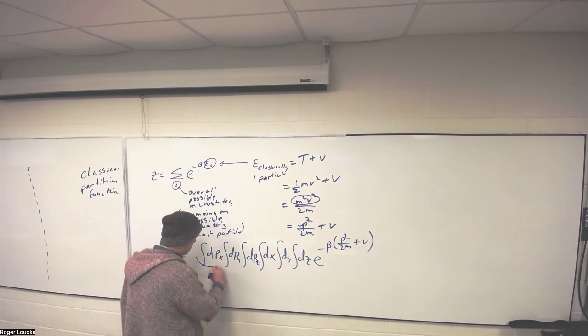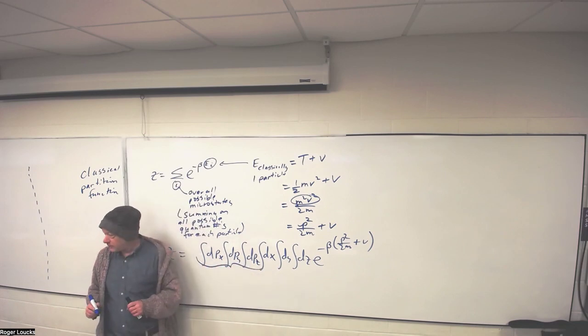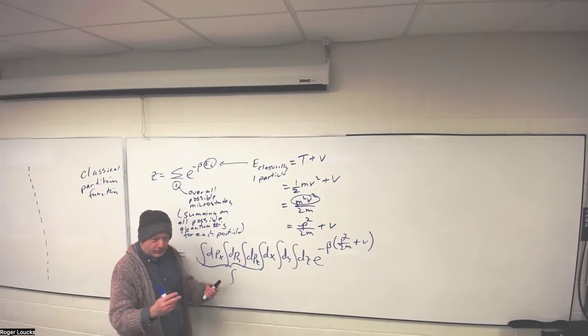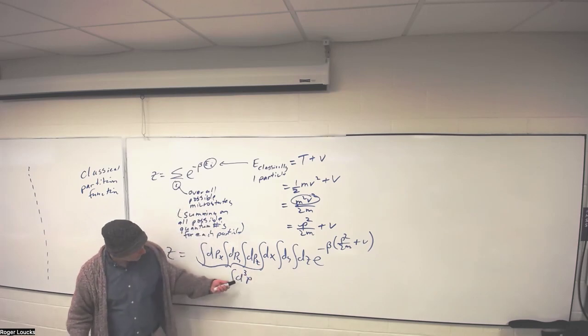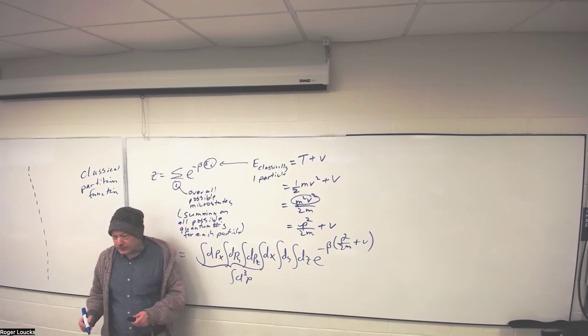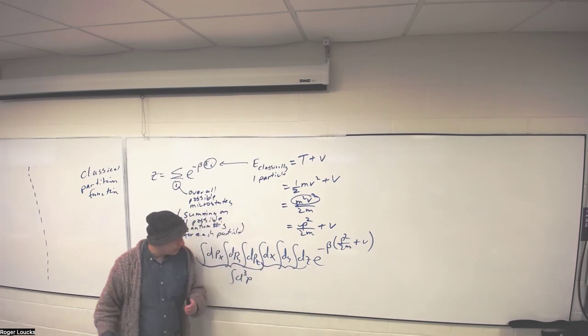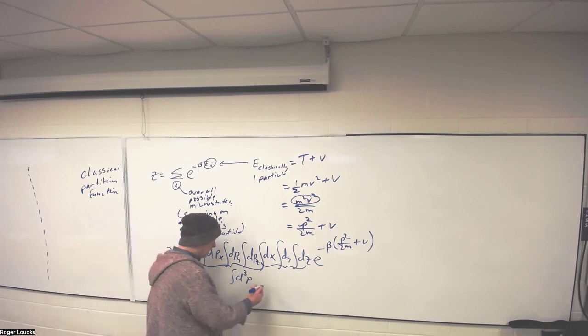Okay, this is way too hard to write. So for the rest of our life, it's just one integral, but that one integral represents 3 integrals. You're going to say d^3p. The 3 just means that you have 3 like that. And the other one is going to be d^3r.